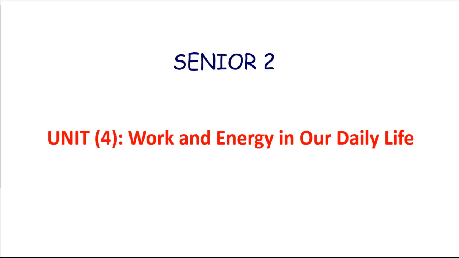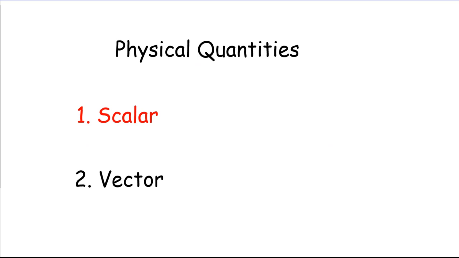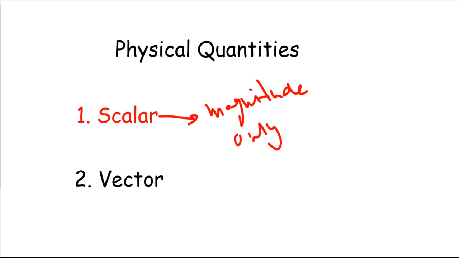From your previous study, you know that physical quantities can be classified into scalar physical quantities or vector physical quantities. Scalar is a physical quantity that can be fully defined by its magnitude only. It has no direction. But here we have magnitude only and no direction. For example, mass,